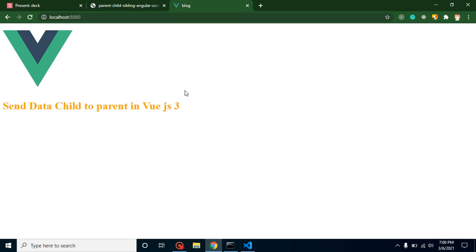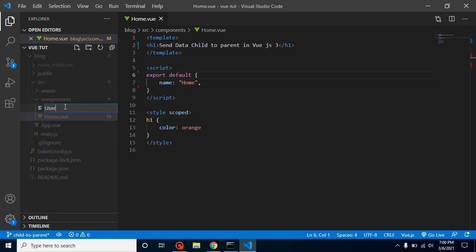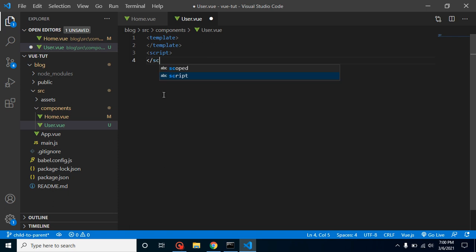So this is basically our output screen, and first of all I am creating a child component with the name, let's say, User.vue, right? Let me create the template first of all. We can close this template. After that, let's write here script, and we can close this script also. After that, let me put here an h2 tag, and we need to close it also.